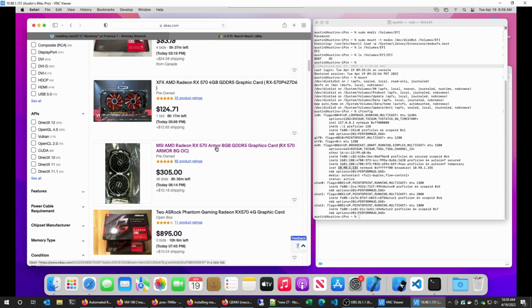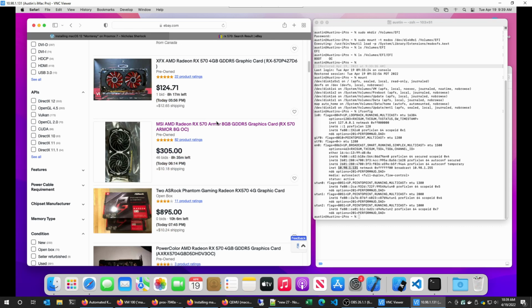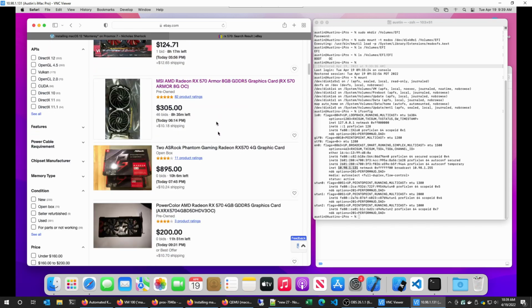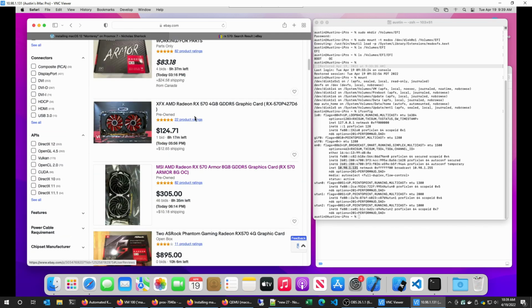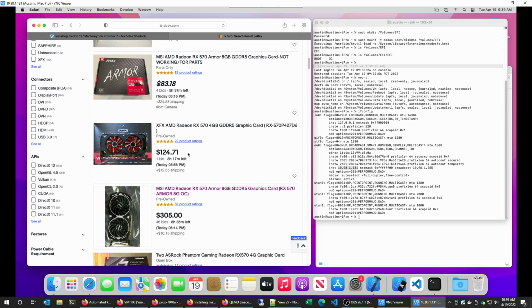Of course it's a link, but it doesn't actually look like a link. There's no underline. Huh. This is why I don't use macOS as my daily driver. So yeah, it looks like I could definitely get one for less than 200. It's probably going to be 150, 160, 170-ish. It's kind of a little much to just